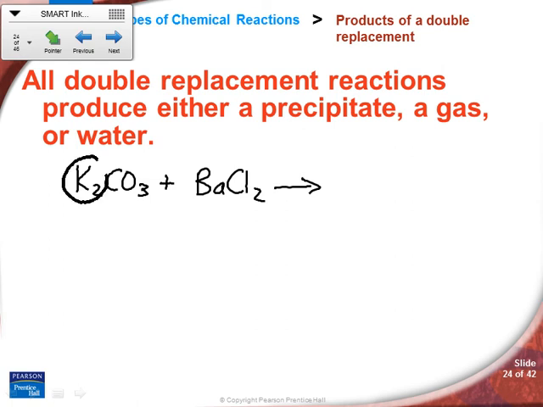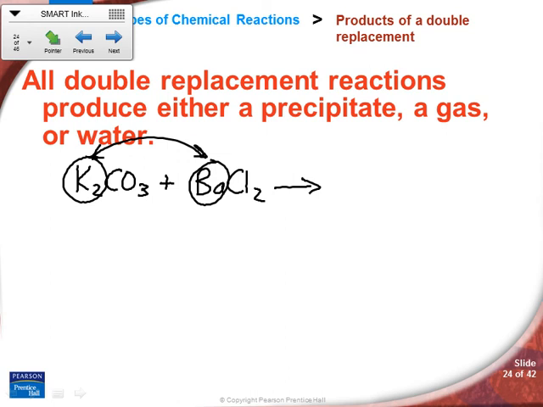Right. So the potassium's the metal, the barium's the metal, right? So those are the ones that are going to switch places. So then we're going to end up with,